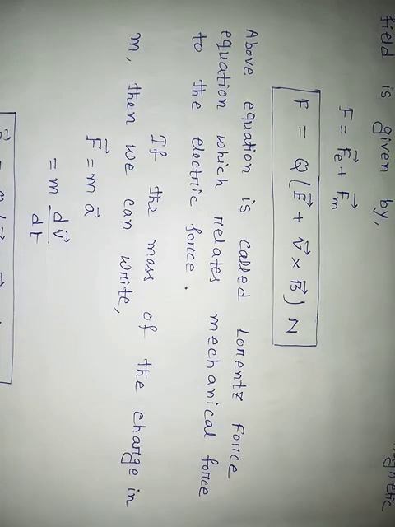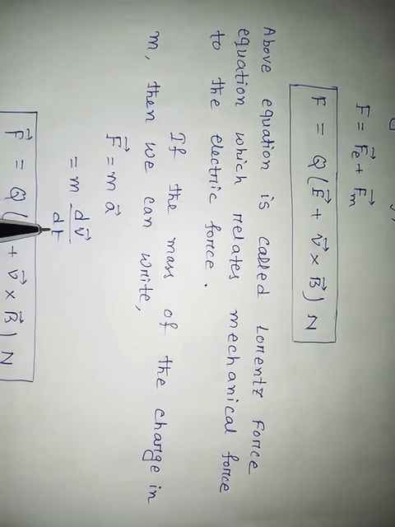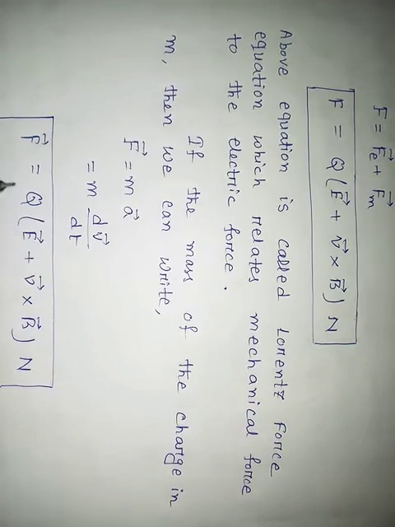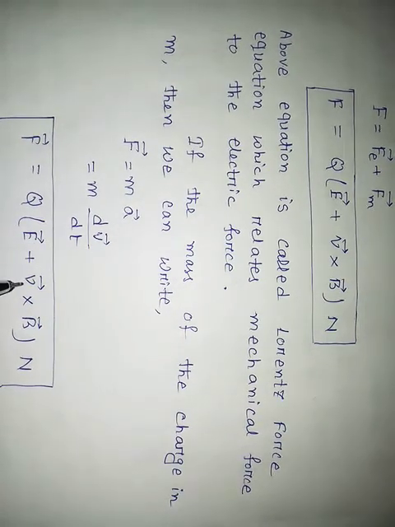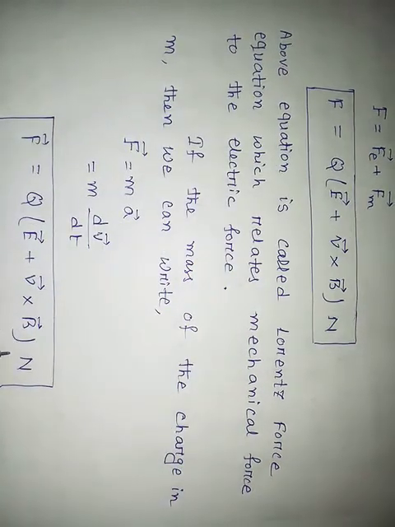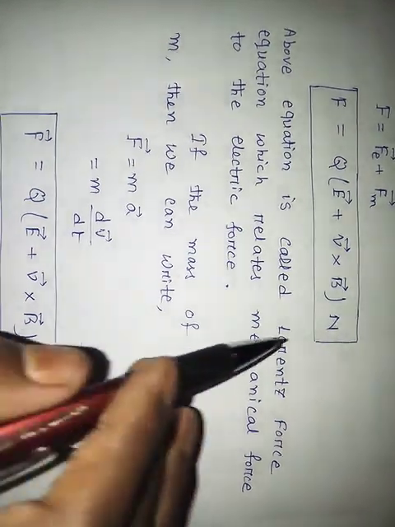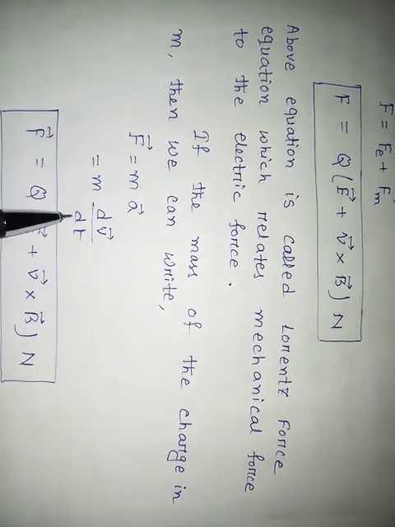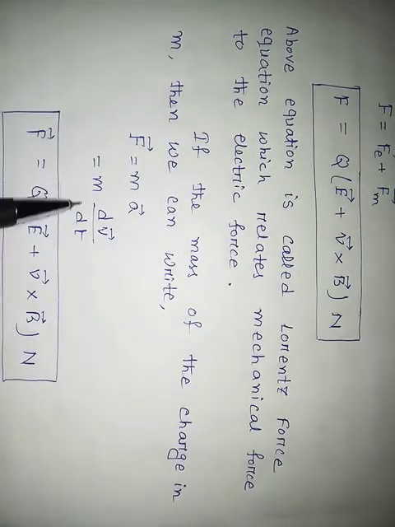Also we know force equals mass into acceleration, so here we write F equals ma. Acceleration, we also know, is the differentiation of velocity. Then after that we put this value as a force equation in Newton. This part is also sufficient for the force equation, but you should remember F equals ma, also F equals mass into the derivative of velocity with respect to t. This was also done previously.